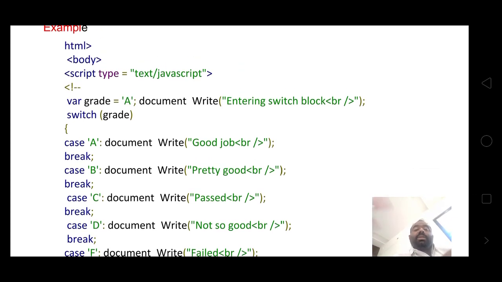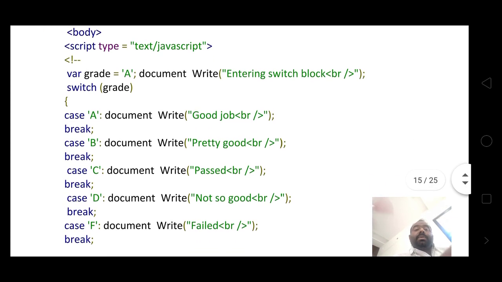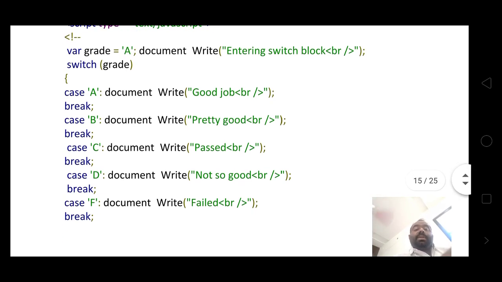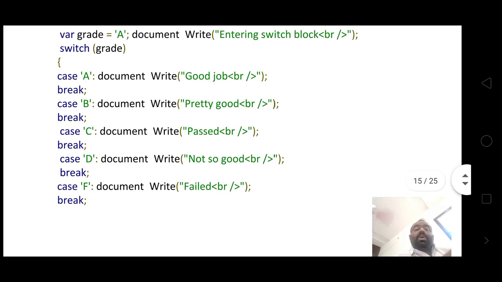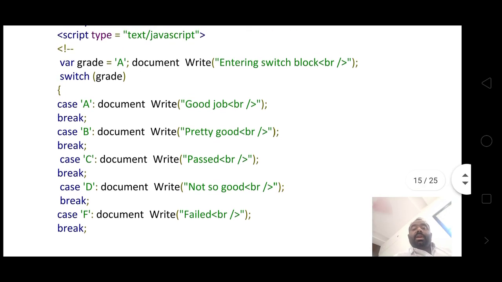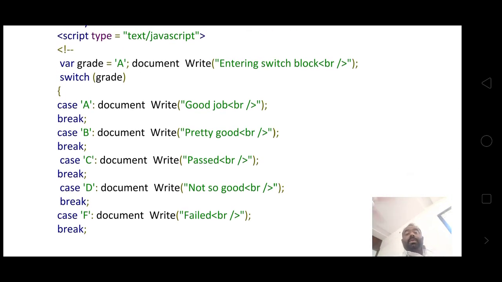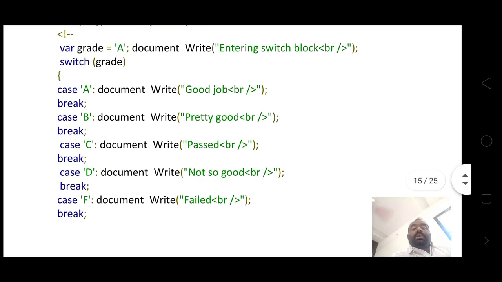HTML, body, script type. Document.write entering switch block, switch grade. Case A, document.write good job. Case B, document.write pretty good. If you take the example of grades, you get the A grade, good job. You get case B, pretty good.